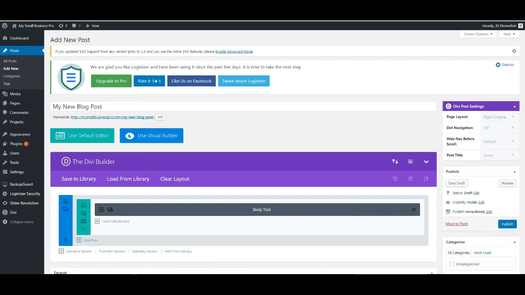And then there's one other thing that you're going to want to take care of, and that is in the settings over here under Divi Post Settings. By default, this particular website hides the navigation before scroll, because that's the way the home page is set up, but we want to change that, so we're going to shut that off. Then we're all set. We publish our post,